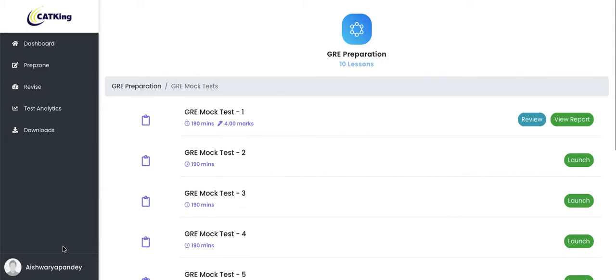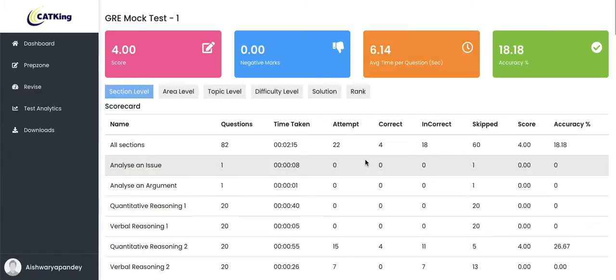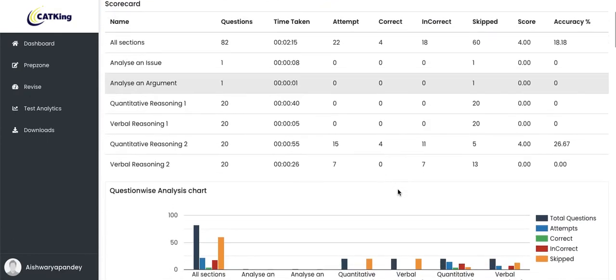Now what I've done is, this is a dummy account, you can see. So I'll just go to view report. You can review it. I randomly clicked on all of these options just so that I can show you the report. So how does your mock report look like? Once you sincerely give this attempt, this is something that you are going to see.